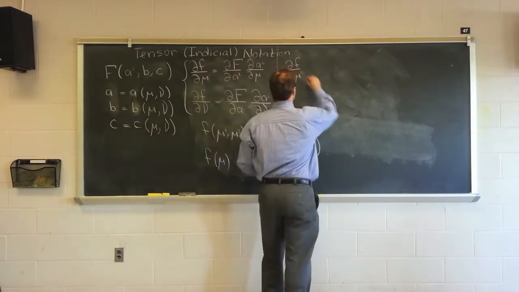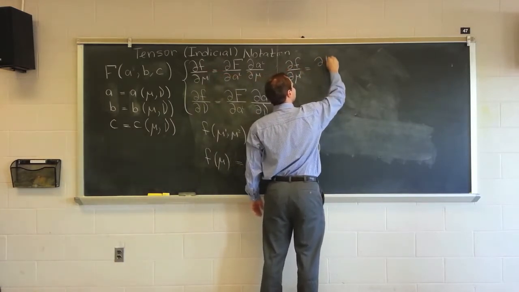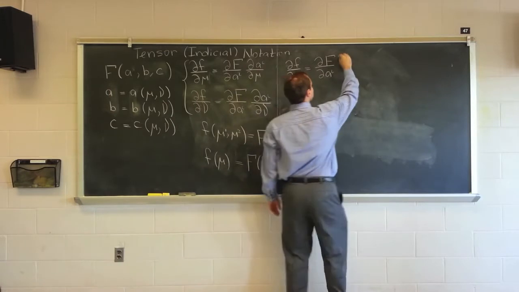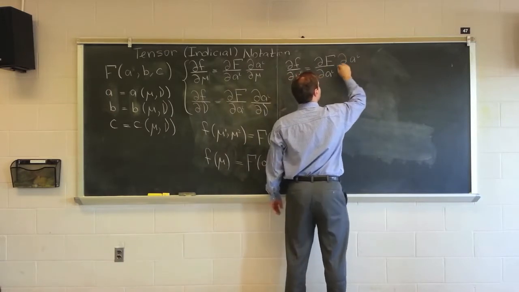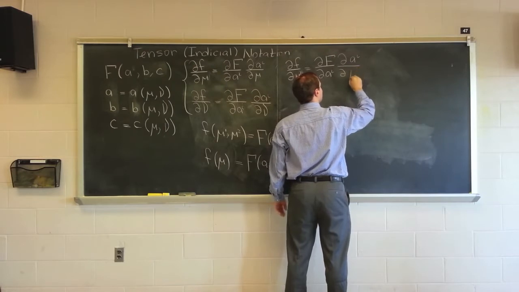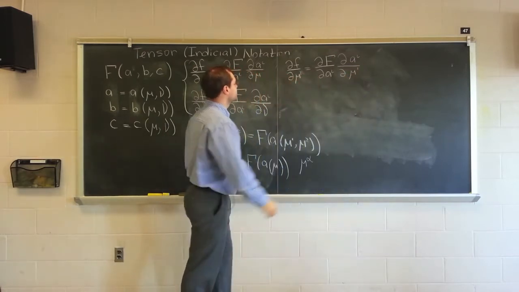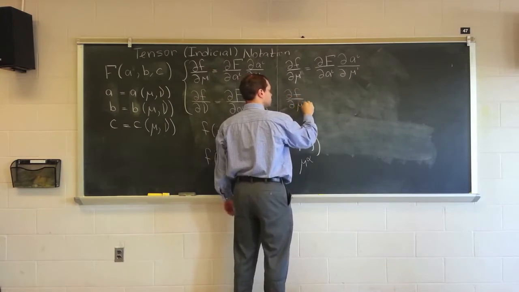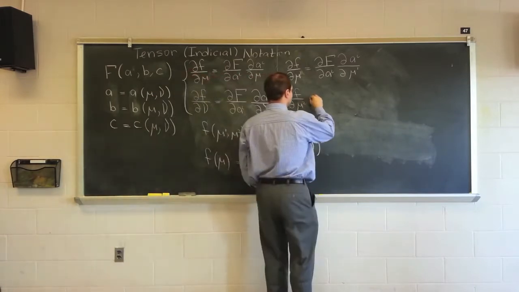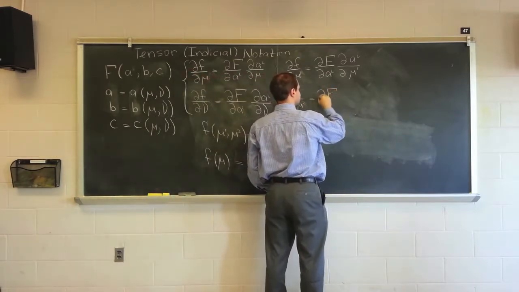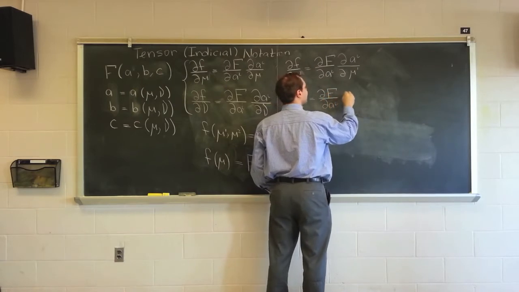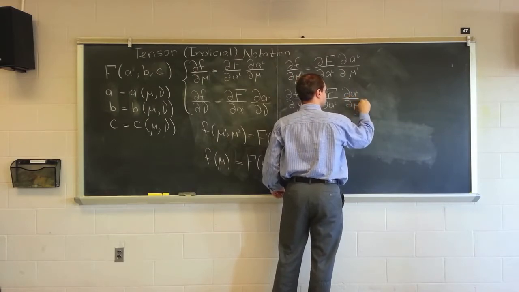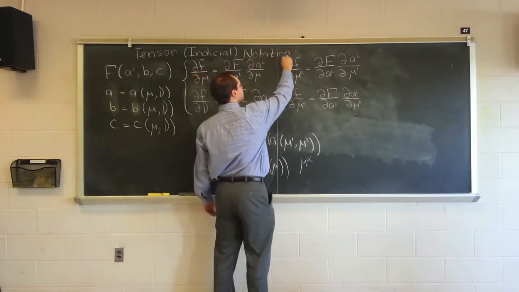Nope, that's not what I promised. df/dmu1 equals df/da_i da_i/dmu1 and df/dmu2 equals df/da_i da_i/dmu2. So a pair of identities,